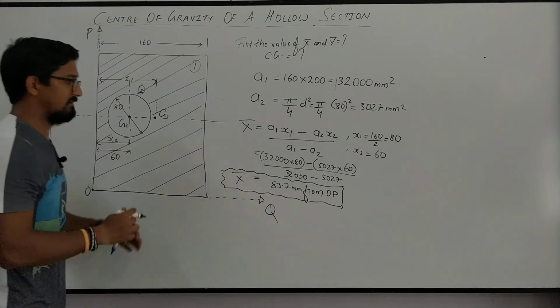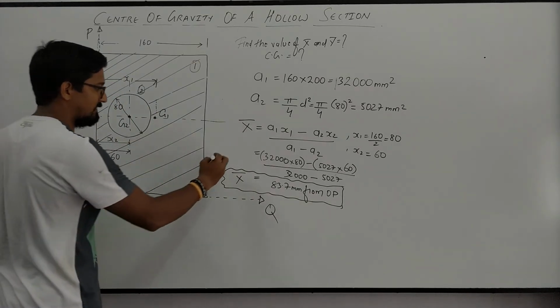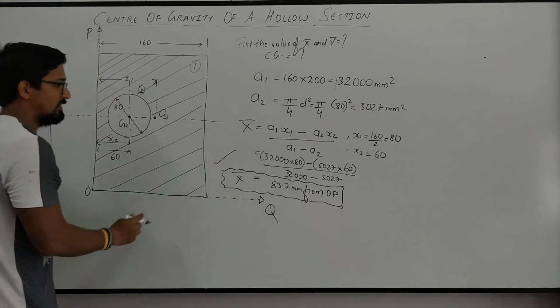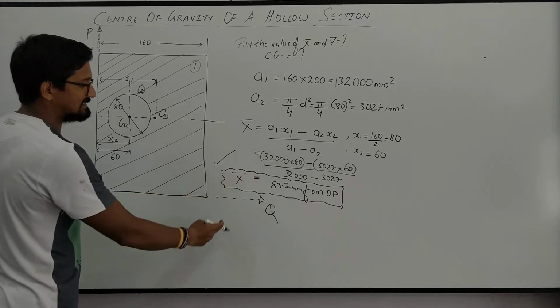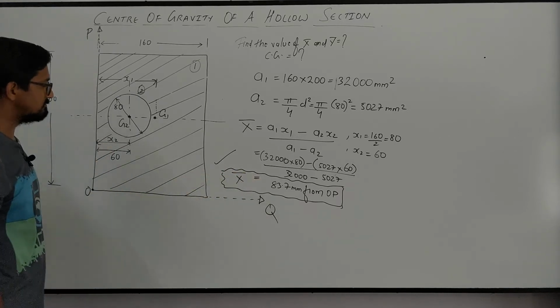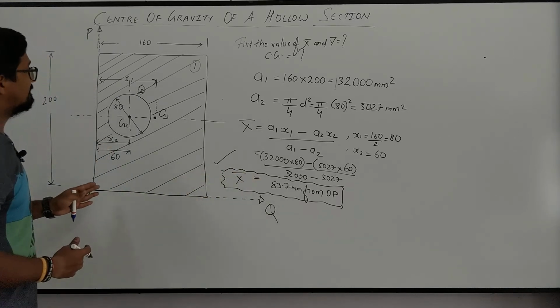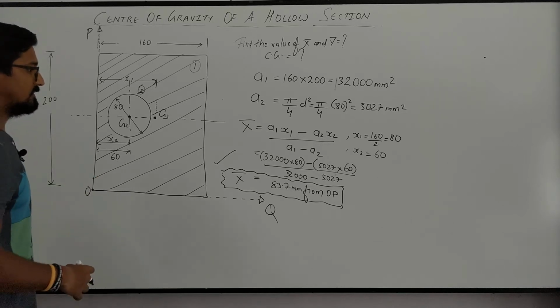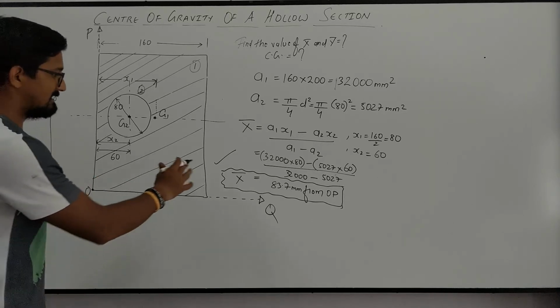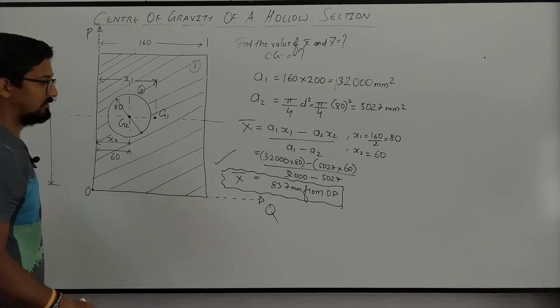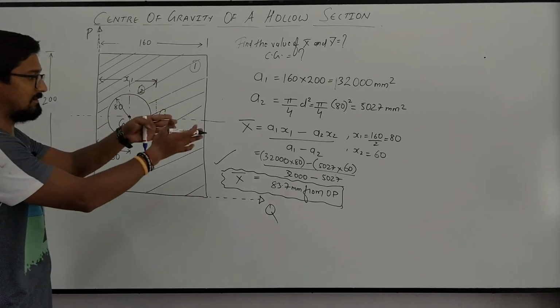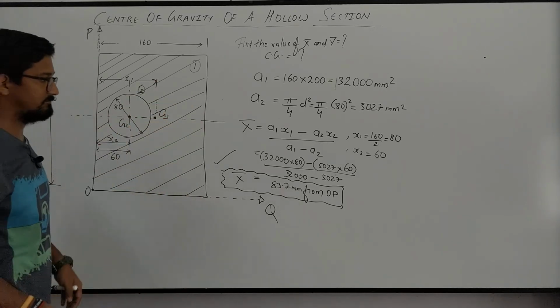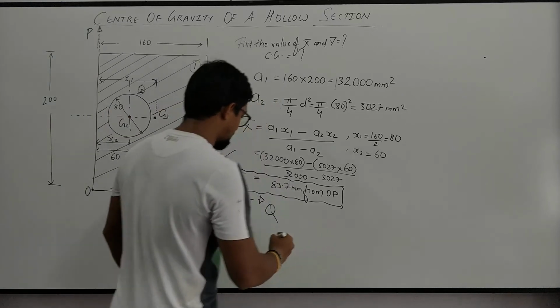So we got our first milestone, we have reached the x bar value. X bar value is 83.7 mm from OP, correct? Similarly, on the same lines we have to find y bar. So y bar